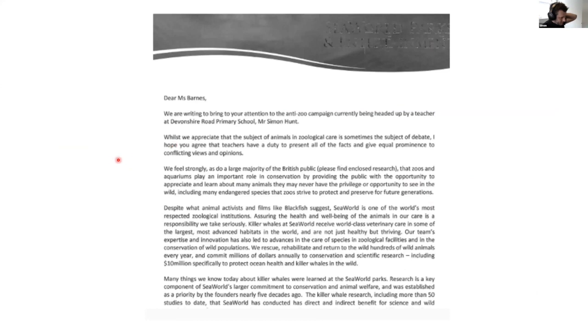A few weeks later, I got threatened by SeaWorld. So we had this really official letter arrive at Mrs. Barnes. I'll just read it to people that can't see. It says, we are writing to bring to your attention the Antidote campaign currently being headed by a teacher at Devonshire Road Primary School, Mr. Simon Hunt. Whilst we appreciate the subject of animals in zoological care is sometimes a subject of debate, I hope